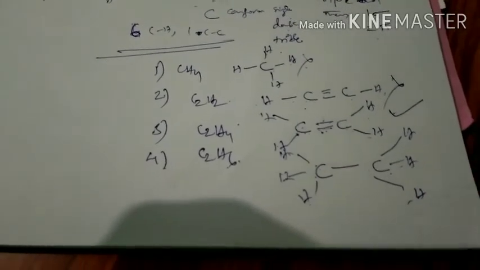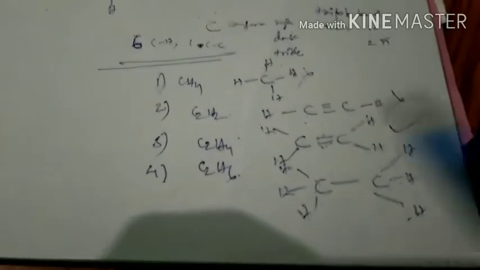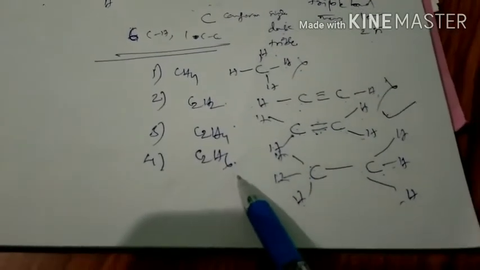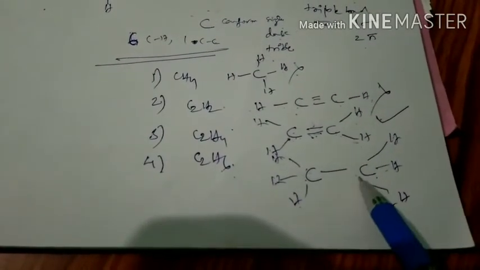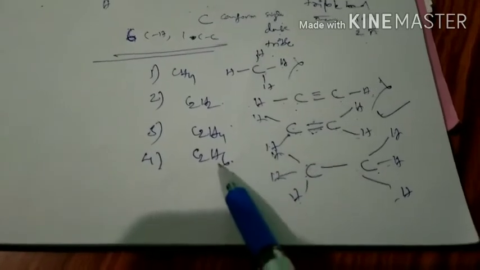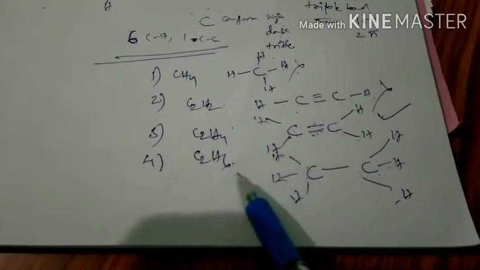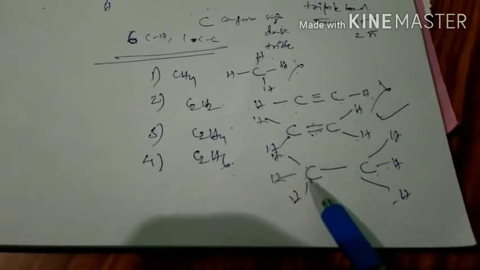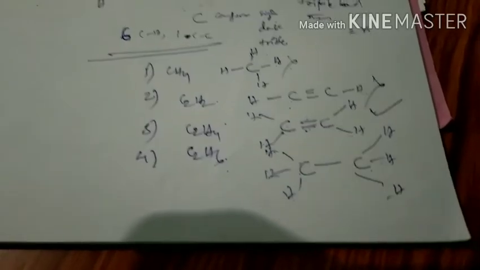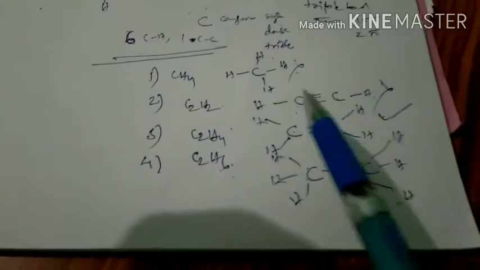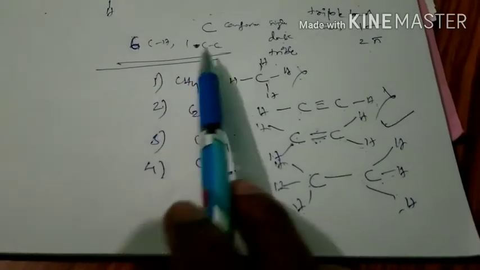See, next one, C2H6. First write carbons, 2 carbons. How many hydrogens? 6. That means equal. If you split it equally, each carbon gets 3. This side 3, this side 3. So we want 6 CH bonds and 1 CC bond.